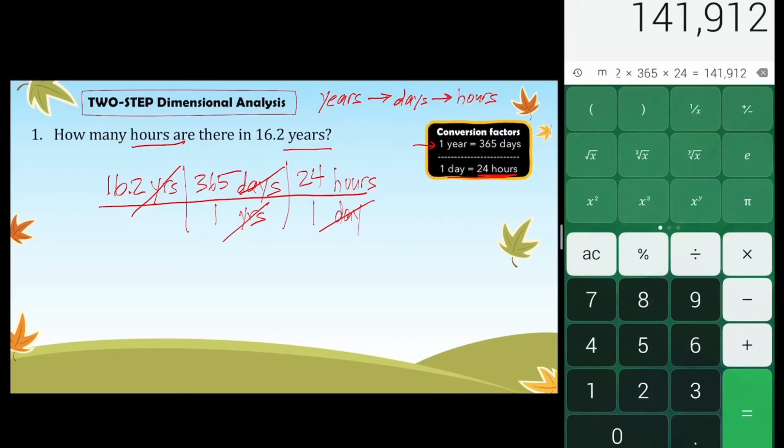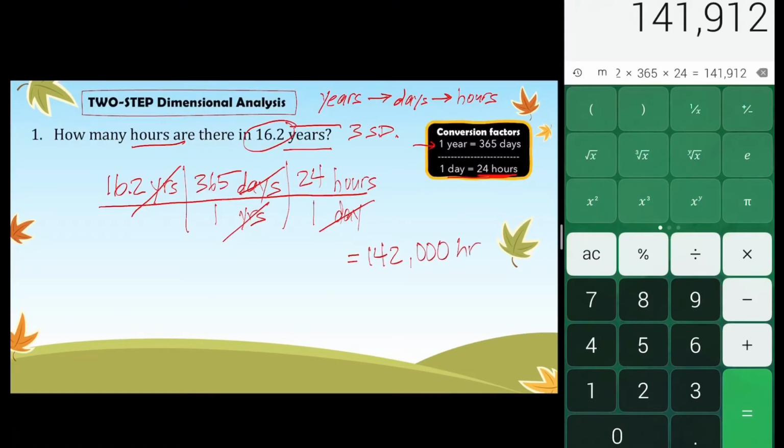Now, when we're recording our answer, we're only going to be recording significant digits. So look at our given value, 16.2. That's 3 significant digits. So that means we get to round our calculator answer to 142,000